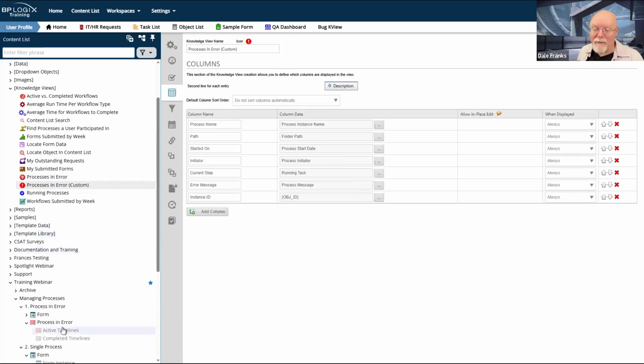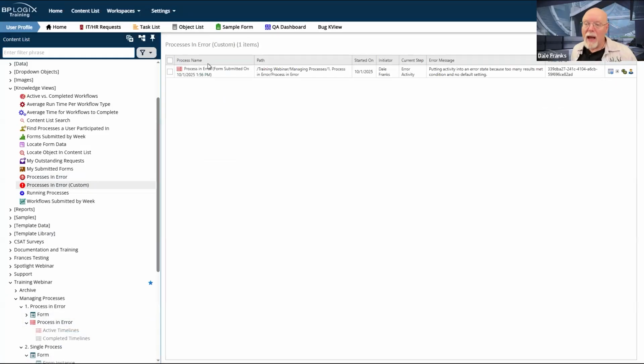Now, when you have a process in error and you run your little process in error knowledge view, you do have to fix them. And so we'll now open this. Now it tells me what the error message is. We're putting the activity into an error state because too many results met condition and no default setting. This is probably the most common error that you're going to see.